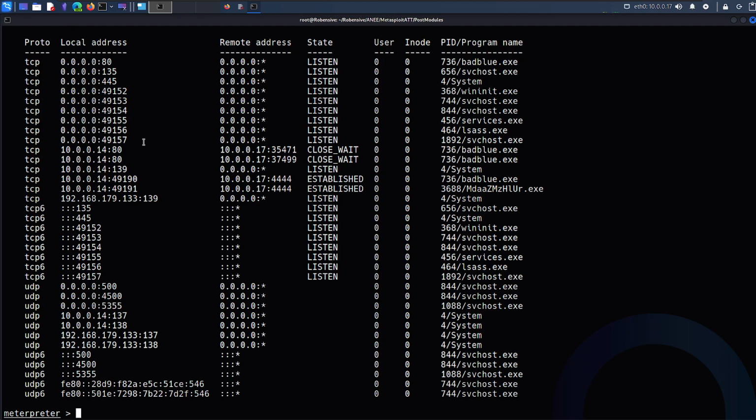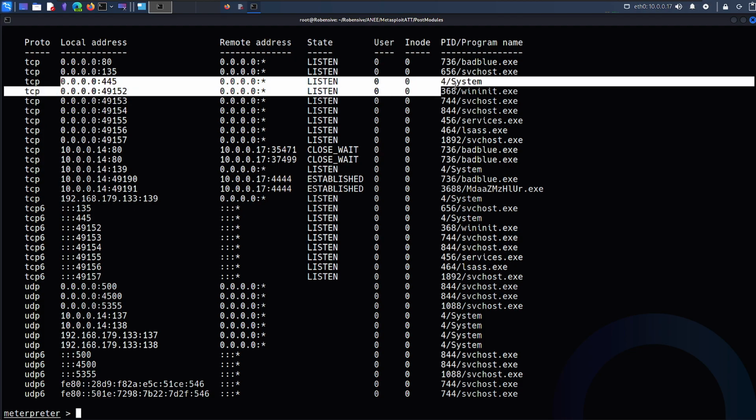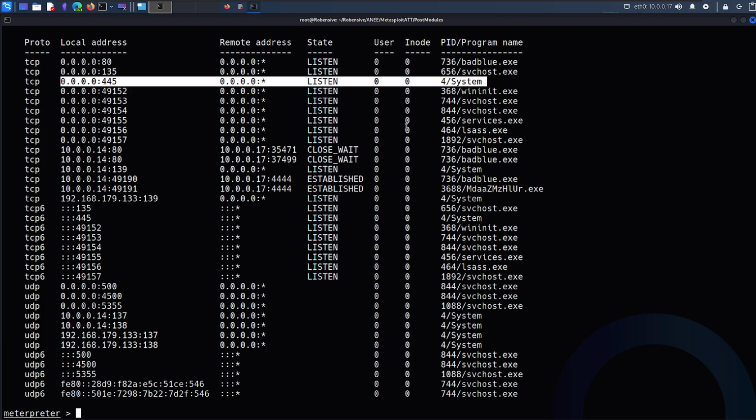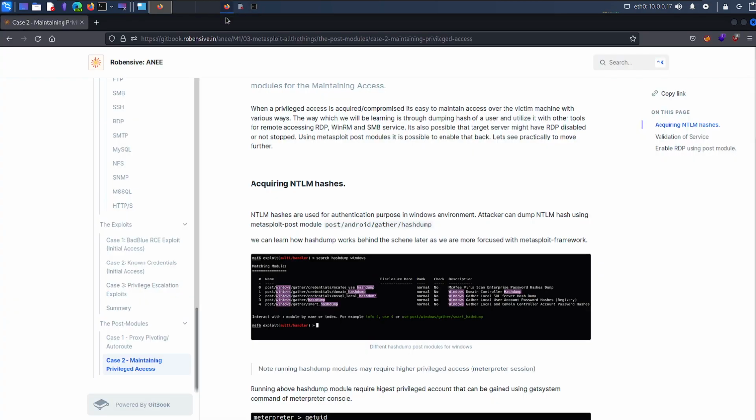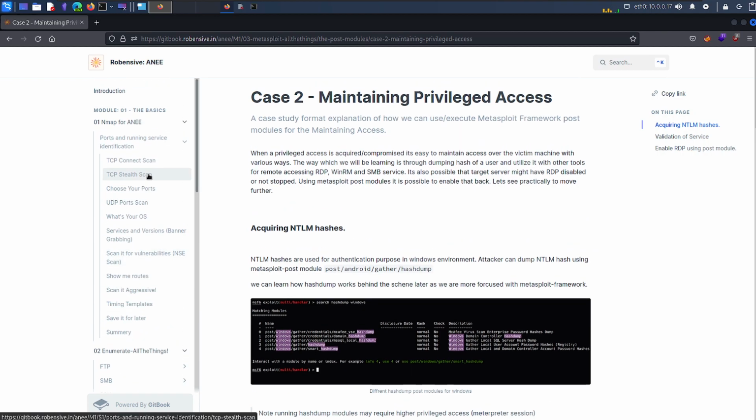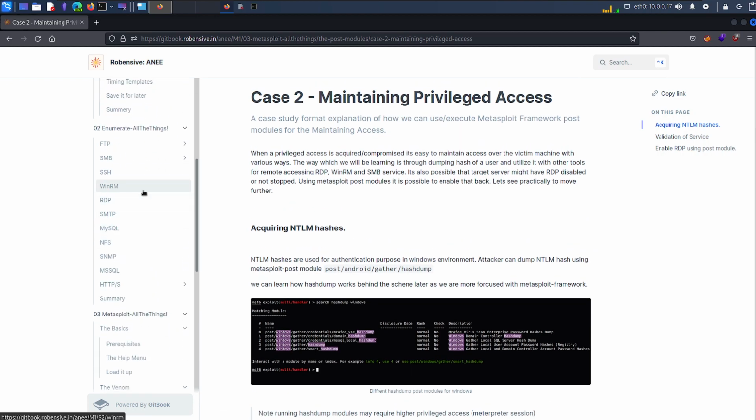So here if I see there is 445, it means that I can use SMB in order to perform command execution, and it is possible if you navigate to my enumerate-all-the-things page and click on SMB,